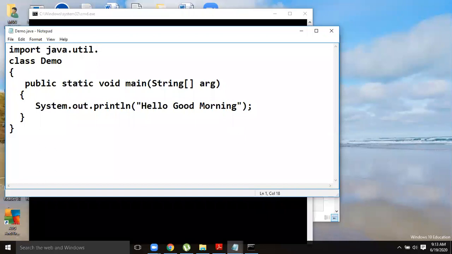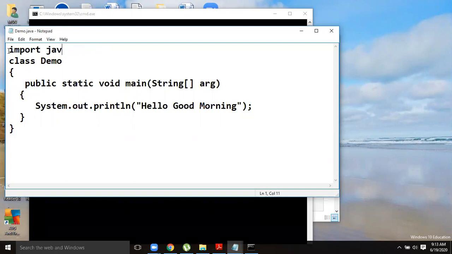It is like the header files you have included in your C program: #include, you write stdio.h, conio.h, like that. Here you need not include, but you have to import the corresponding packages, whichever you want. The package can be a library package or a package which is created by you.